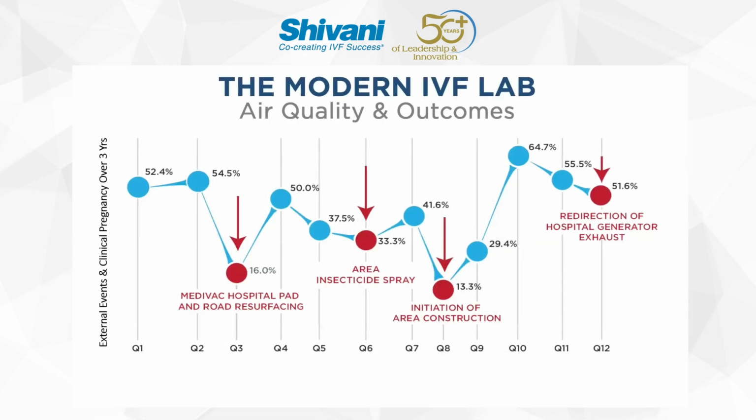Here's a more modern graph really showing that same thing. And this is from a commercial entity, but similar sort of thing where they are tracking clinical outcomes, and they'll see a drop and they'll coincide it with some external event. In this case, road resurfacing, in this case, insecticide spray, area of construction. Now, the key is these cannot be controlled by the IVF lab. We can't control what